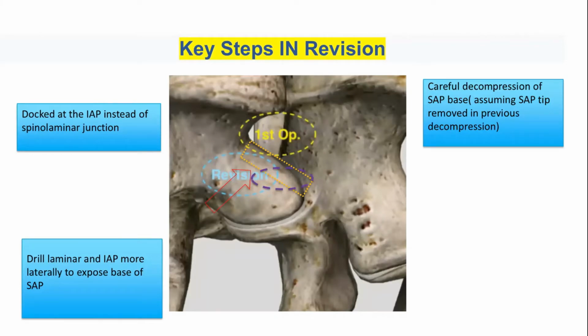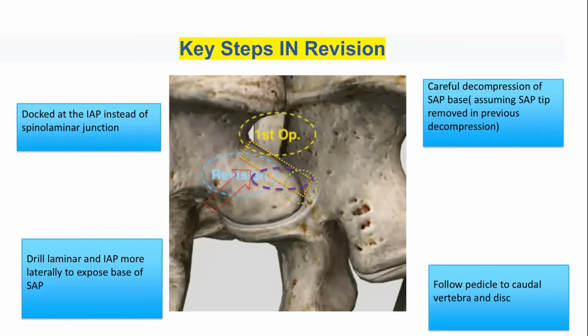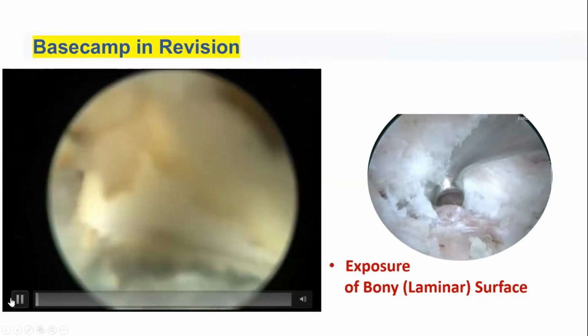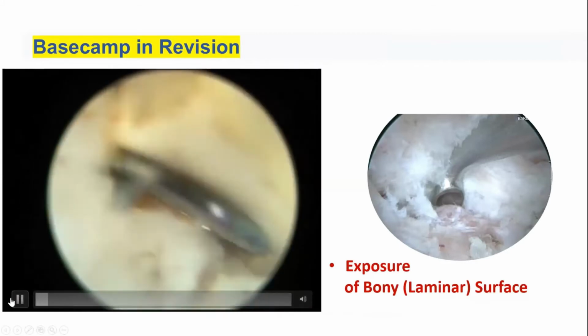And then we identify the base of the superior articular process, which will lead us to the pedicle. We should decompress sufficiently distally to visualize the pedicle and follow it all the way down to this space. And then we know where the deepest part of the space is. As you can see from here, in the revision,